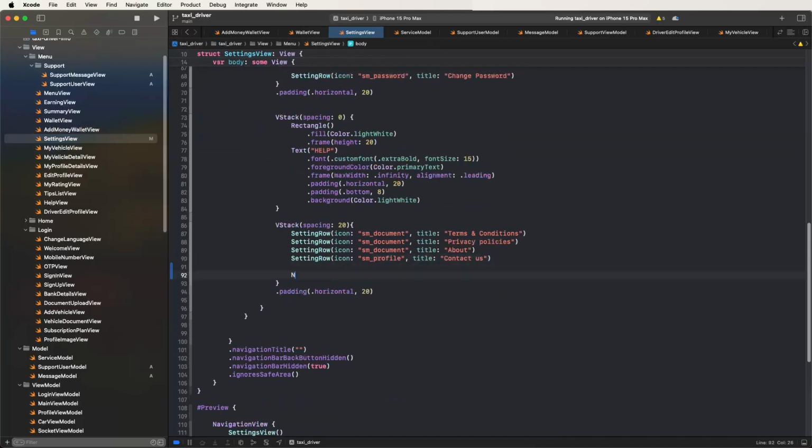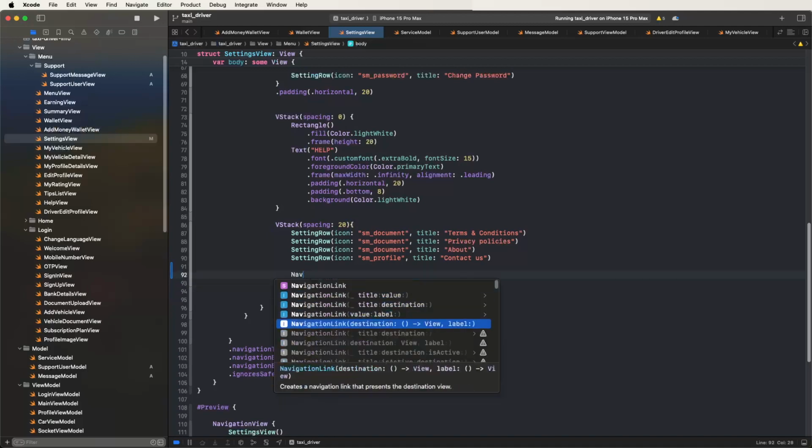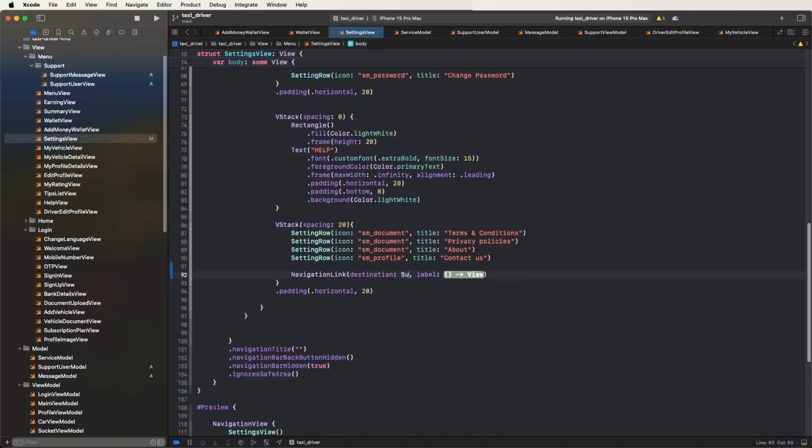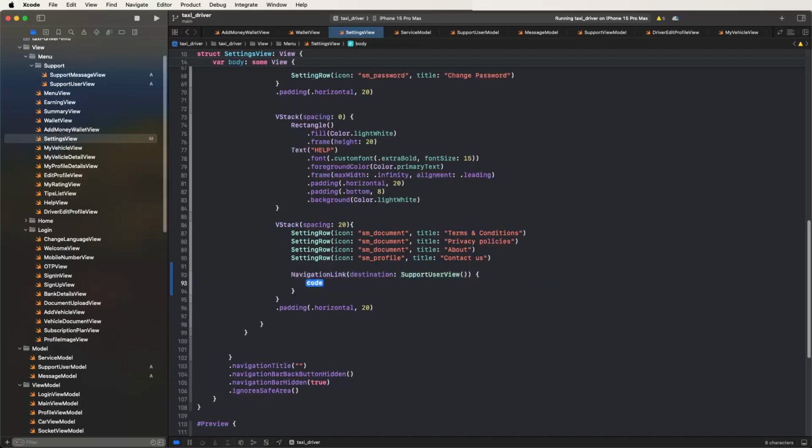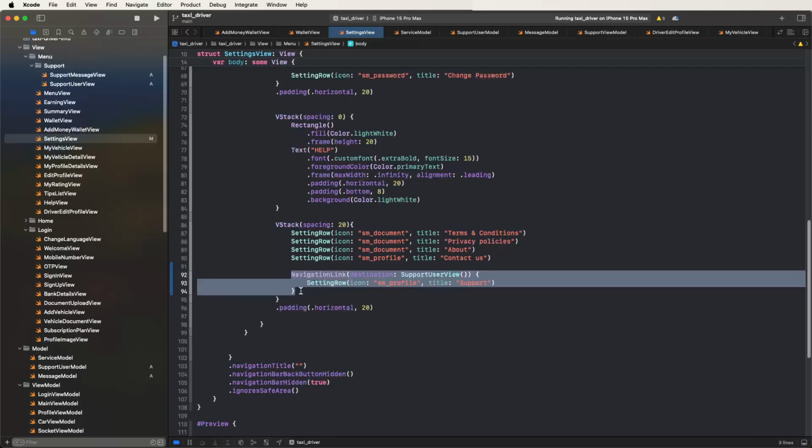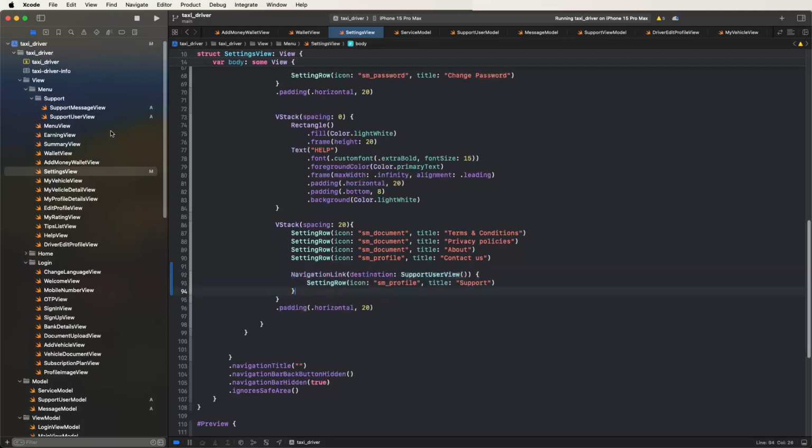To write down here navigator link destinations, support user view, and need to give this here the labels here, to write down here supports like this. Creating here like this events, need to give this clicking events here, and now need to go inside